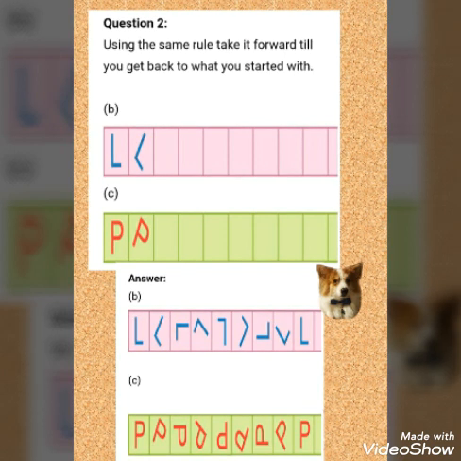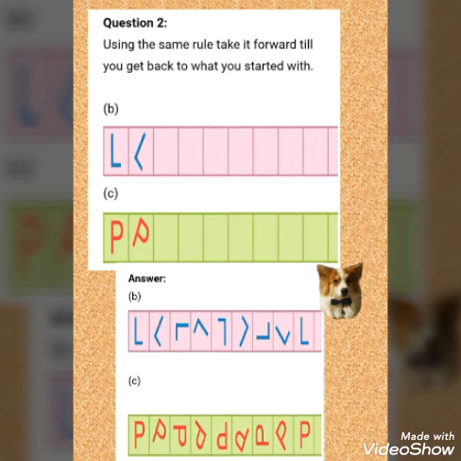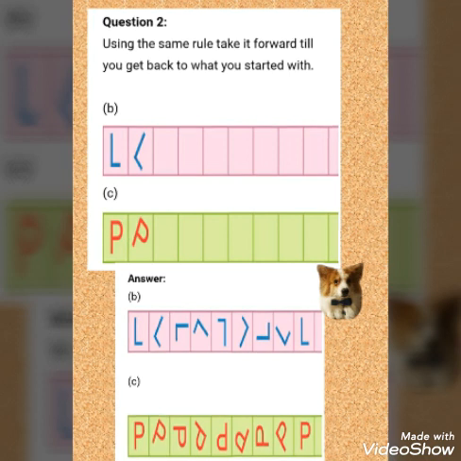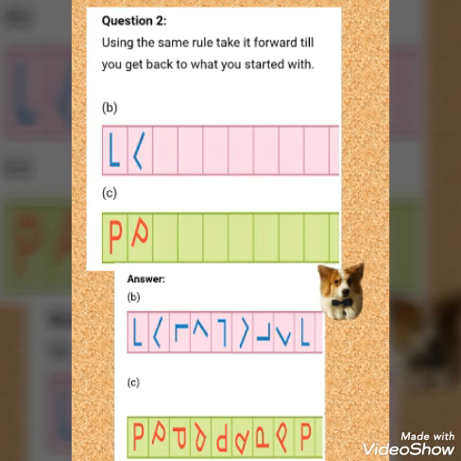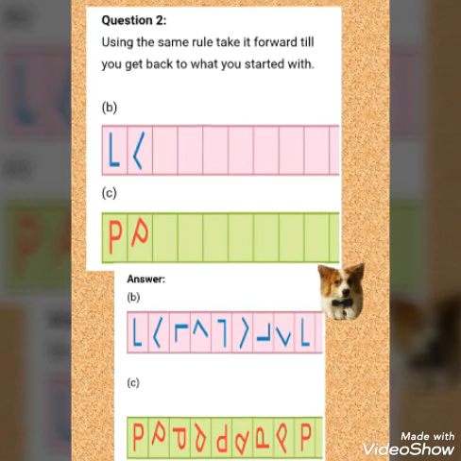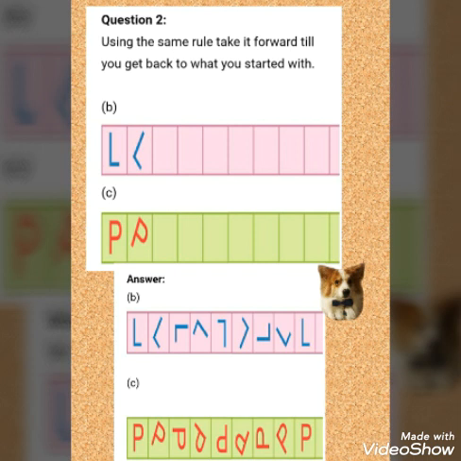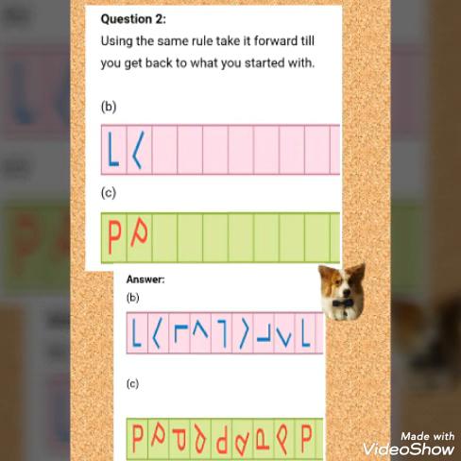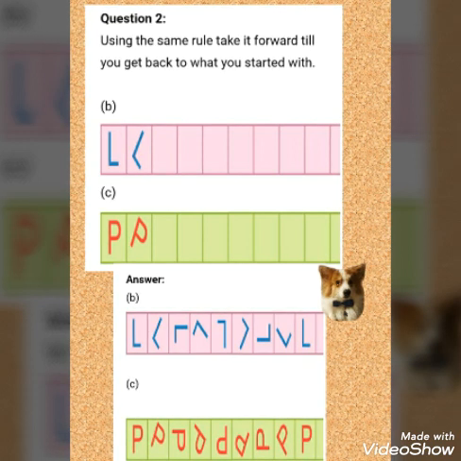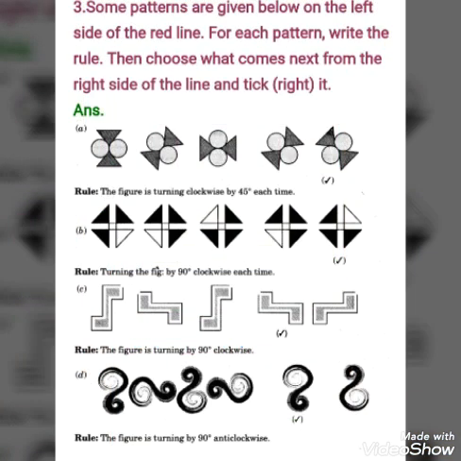Similarly, number C is P. The letter P, first one is straight, second one is a little tilted clockwise, the third one will be more tilted, and similarly it will go on till we get the letter P, the straight P. We will stop there. Until then we have to make clockwise changes of the letter. These are all patterns, means what kind of pattern you have to follow. To understand this, you have to have the knowledge of shapes and sequence.